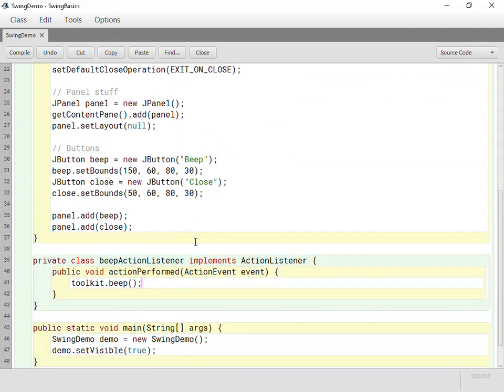So now we have written the code which responds to the event, right? Now notice this is one of those cases where we don't trigger the event. The event is going to be triggered and we can respond to it. But what is missing now is the link between the beep button itself and this action listener. We have to tie the two things together because it's that specific button that we're trying to listen to and